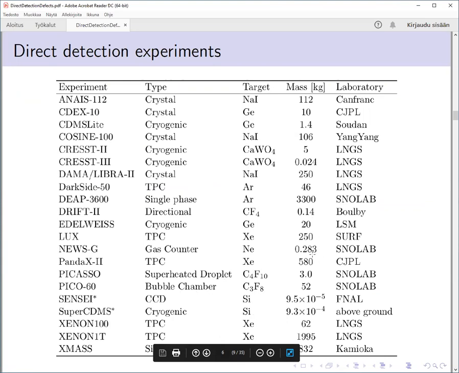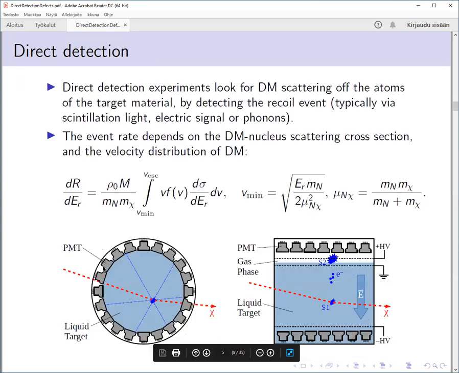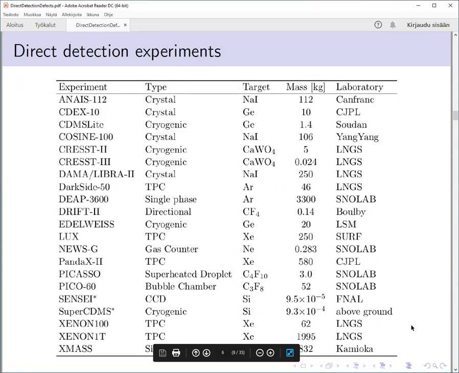And you see the target mass varies from portions of a gram to a couple of tons. And the largest of these experiments are the ones using argon or xenon, kind of like this one here. This is from the XENON1T experiment. Currently, the XENONnT, which is even slightly larger than this one, is collecting data. So these are the largest experiments using this liquid noble gas, and they give the most constraining limits currently, which